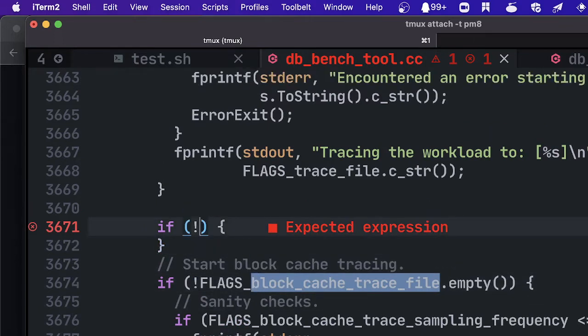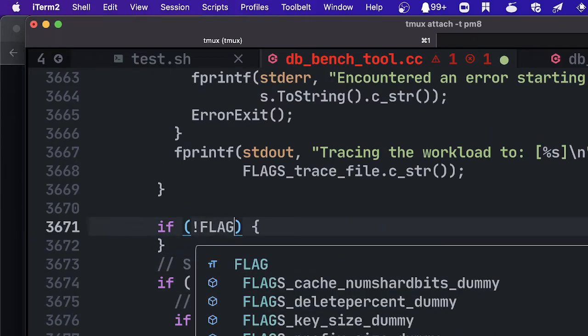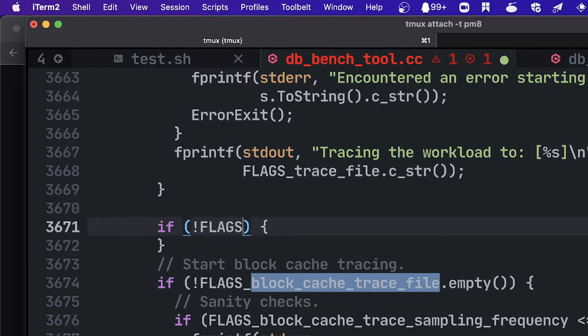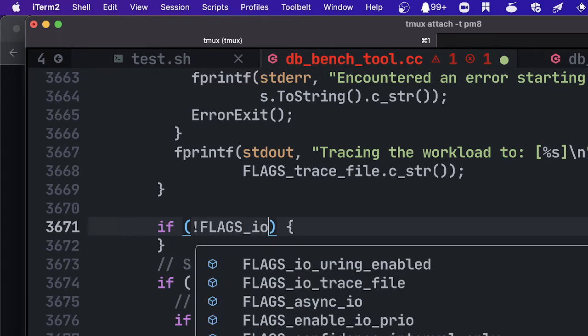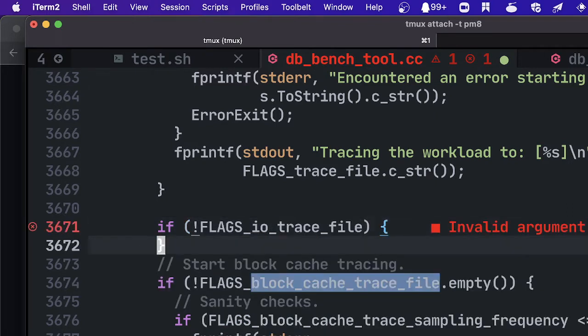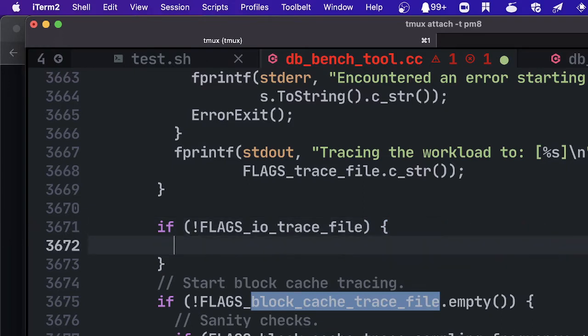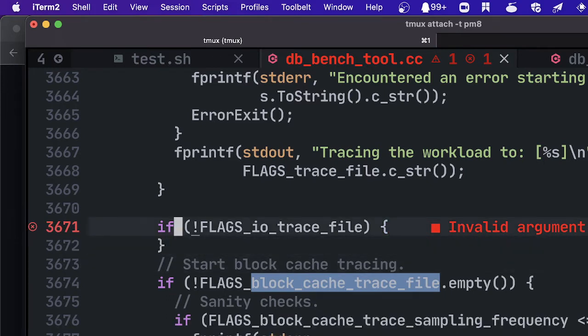If not, flags IO trace file. Sampling. Don't know. I think I need to